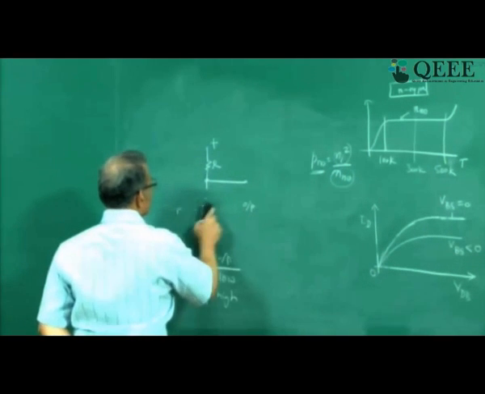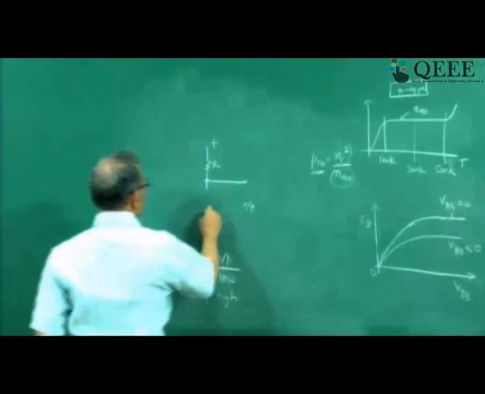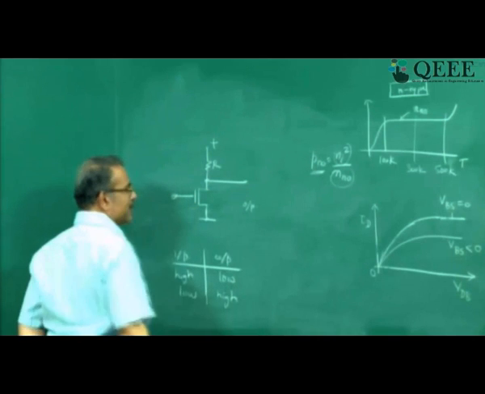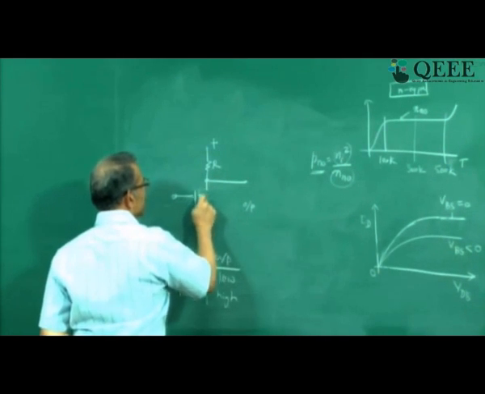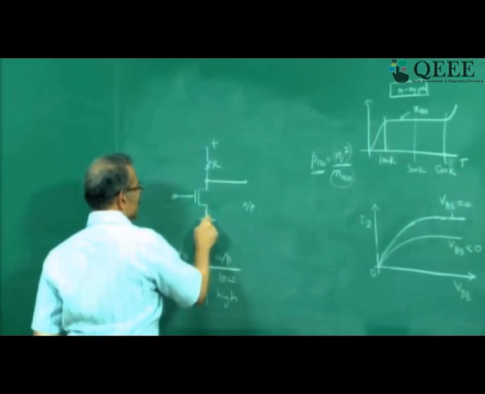How do you build an inverter? One example is you can use a MOSFET here. Some student asked, where is the MOSFET used? Now I am giving you a practical, real example. I can use a MOSFET here. By changing the voltage of this gate, I can create an inversion layer and I can create a short circuit from here to here.